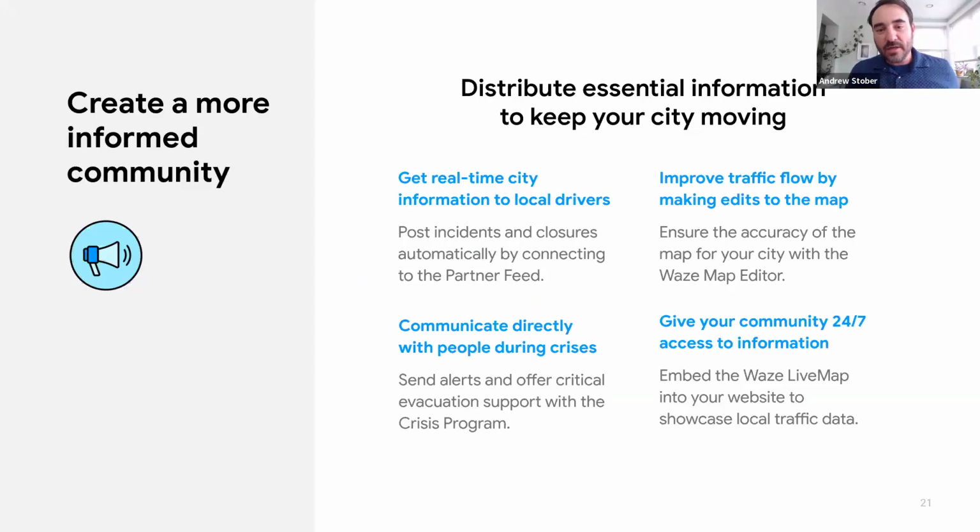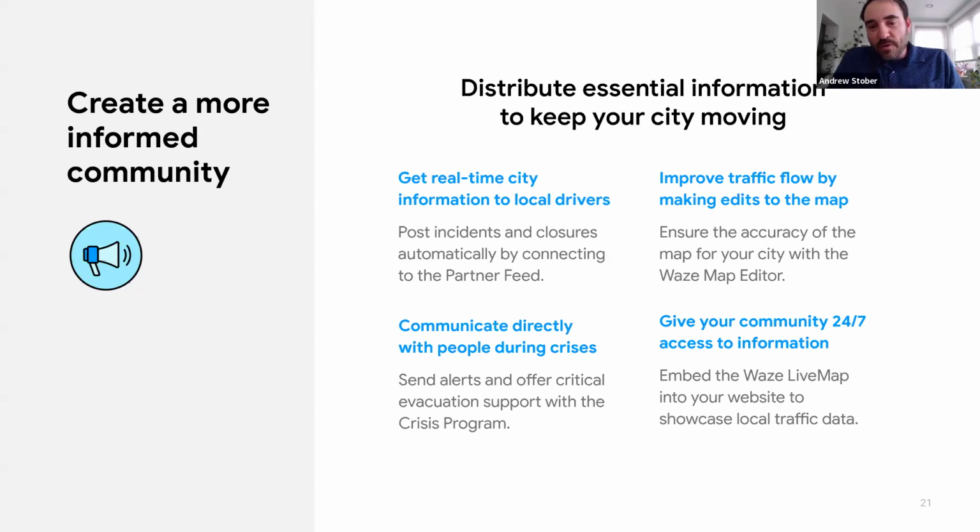Great. So I'm going to talk to you today about the Waze for Cities program. For those of you who are not familiar with it, Waze is part of Google. It's been part of Google since 2013. And for about a decade now, we've run a program called Waze. It was called Connected Citizens Program at one time. Now it's called Waze for Cities. And it's a two-way data sharing program with public sector partners. We have thousands of partners all around the world, many different countries who participate with us.